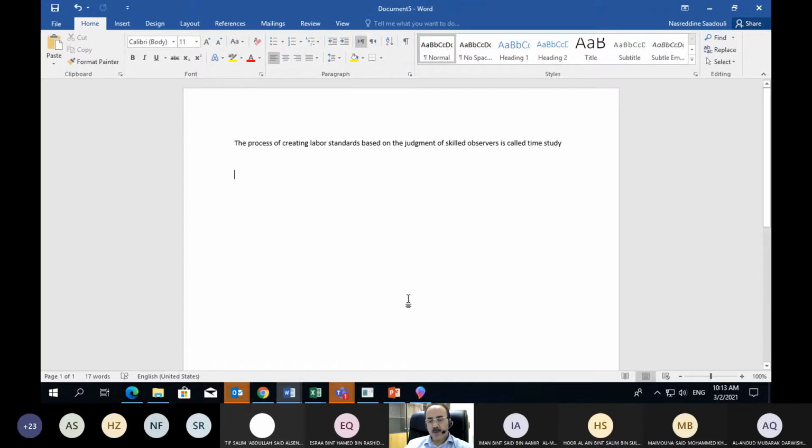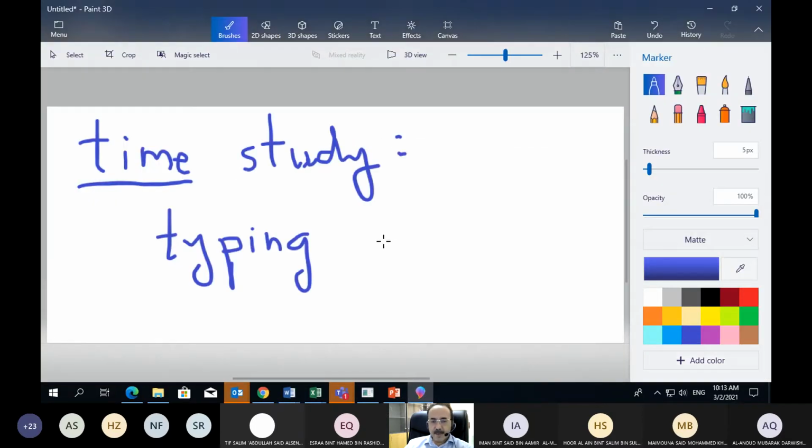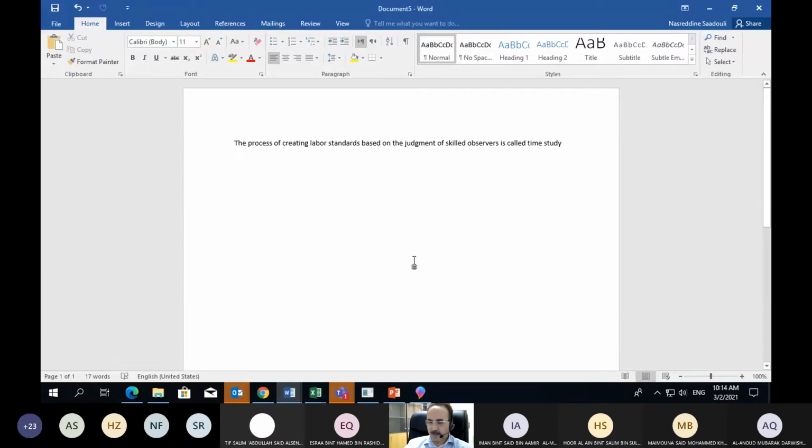Because when you look at a given assignment, usually the assignment, or the question or the answer, is given in terms of the number of words. So what if I carry out now the following experiment? If I ask each one of you to type this sentence and record how much time it takes you to